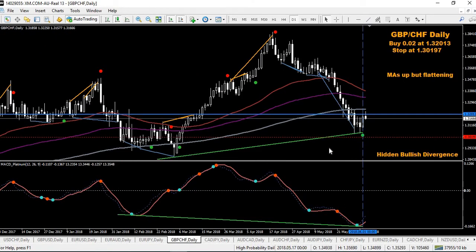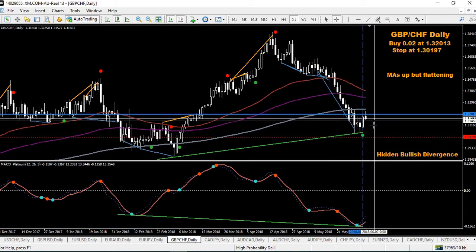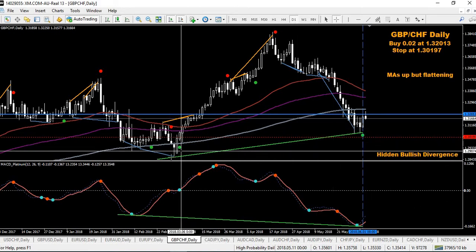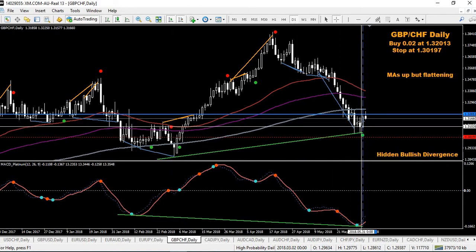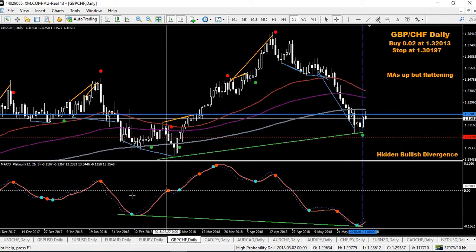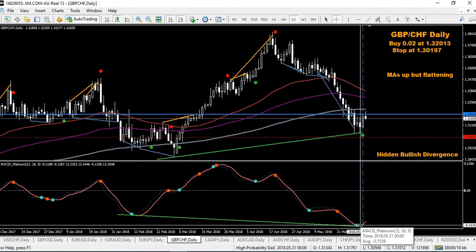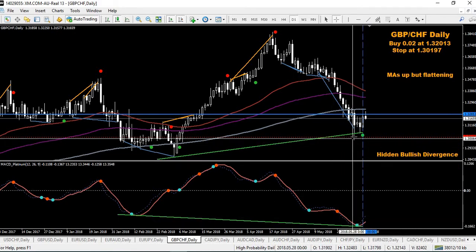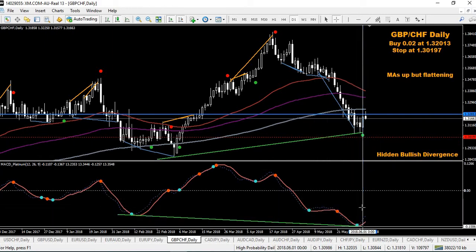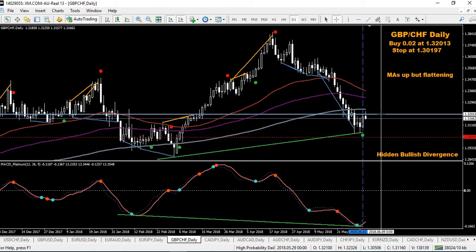Pound Swiss franc. I took a buy on this today, and already it's gone against me a little bit, but I like the hidden bullish divergence. You go back from this low here, see price is higher than the previous low, but on the MACD the second low is lower. So good hidden bullish divergence there. I like the fact that the MACD is a long way below the zero level. I've got a stop in place at the red dotted line there. It's not going that well at the moment,